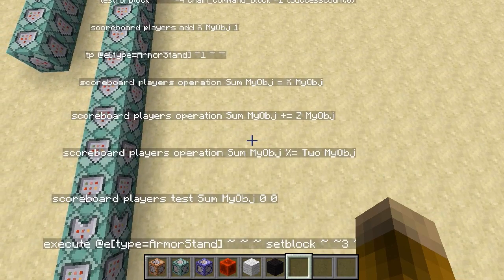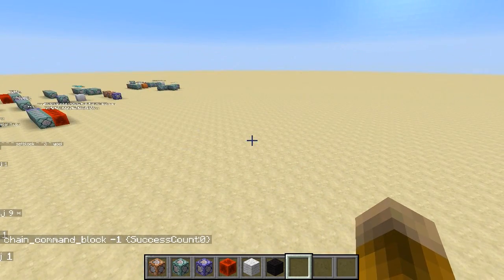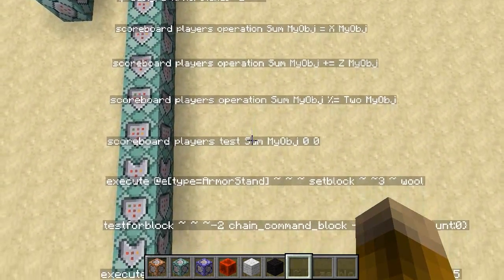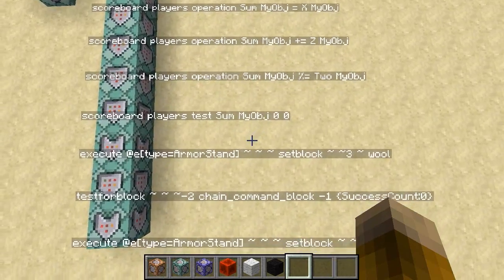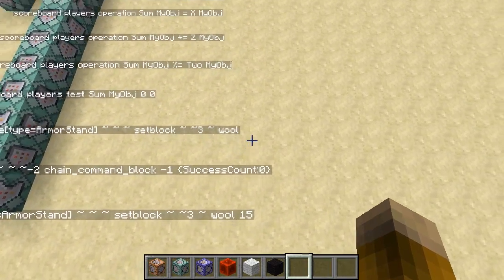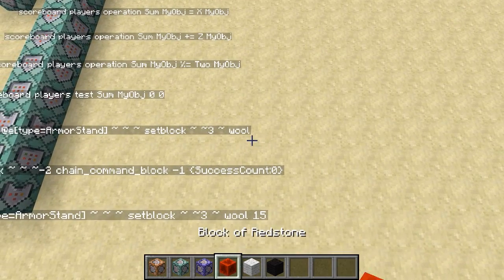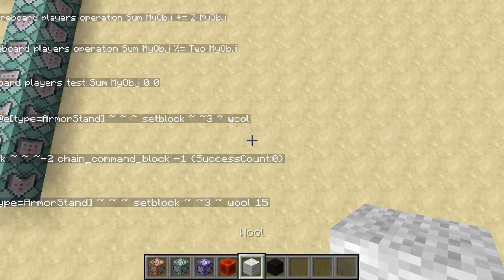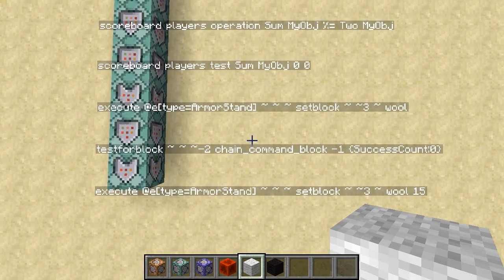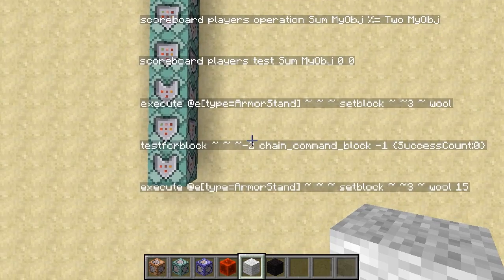So when we divide it by 2, what's the remainder? The remainder when you divide a number by 2 is either going to be 0 or 1. And so we'll test if it's 0. And if it is, we'll set block wool. When I don't have a number after the wool, it defaults to wool 0, which is the code for white wool. Then I'm going to do another else here, which basically goes and says test for block ~ ~ ~